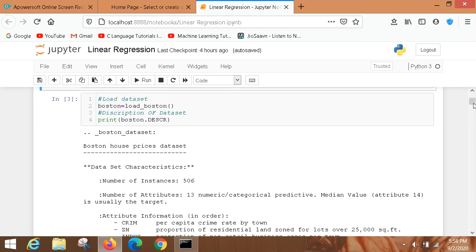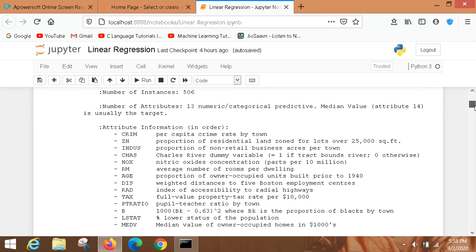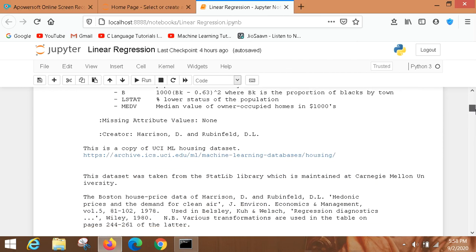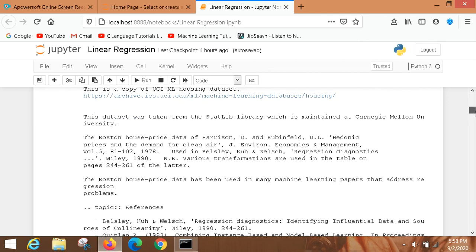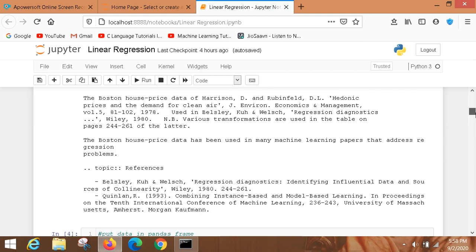Next step is loading the data set using this code. You can see here the data sets. These are the features. These are 13 features. You can see this data set is derived from the sklearn. This is an inbuilt data set,